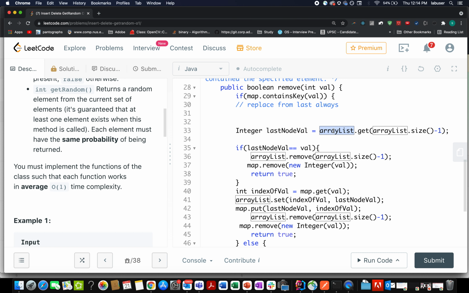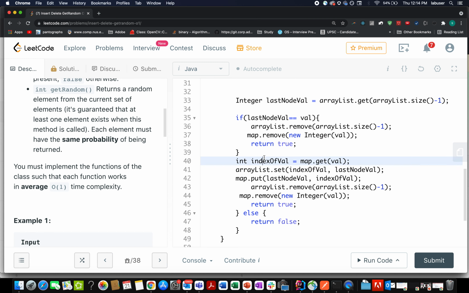I check if that value and the input value are the same. If that is the case, I simply remove the terminal entry in my array list, and this would be done in order of 1 time because the intended value is equal to the last value held in the array list. I'll simply remove the entry from my map and return true.